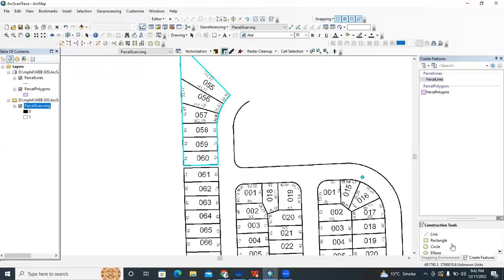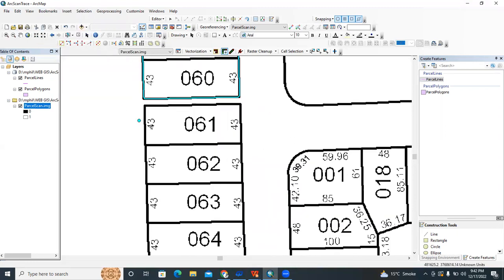Now I am going to create a polygon. I am going to click this bookmark option and then trace polygons. So polygons on this MXD is highlighted, meaning it has zoomed.